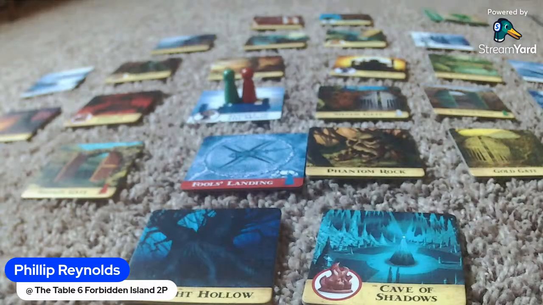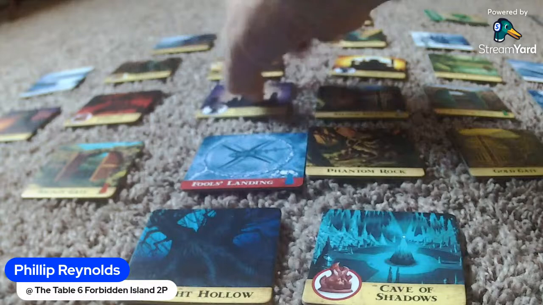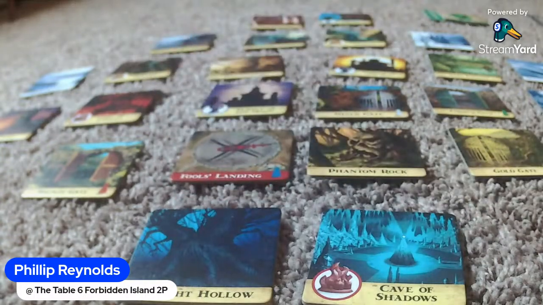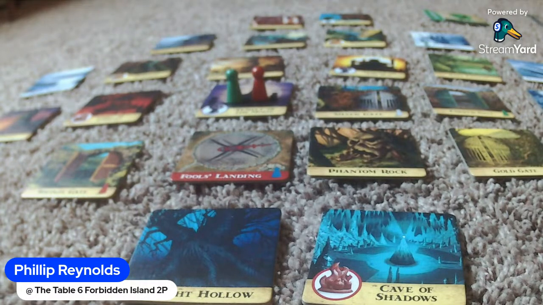All right. And we're at the explorer's turn. I mean, the engineer's turn. And luckily, the engineer can shore up 2 tiles for just one action, and he's going to do that with the Temple of the Moon and Fool's Landing. That's one action. And then he's going to,